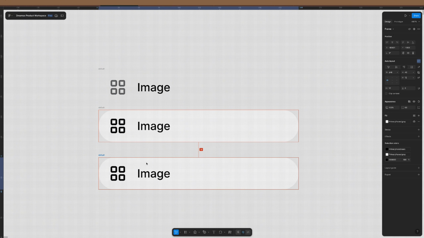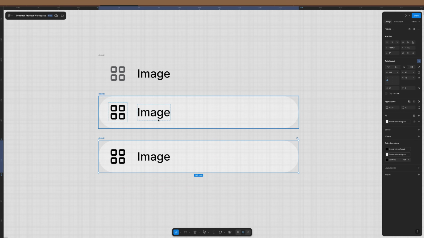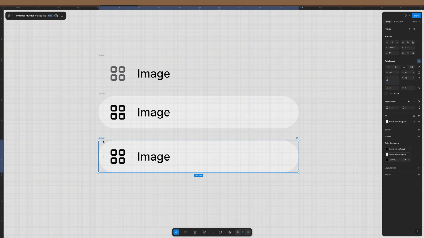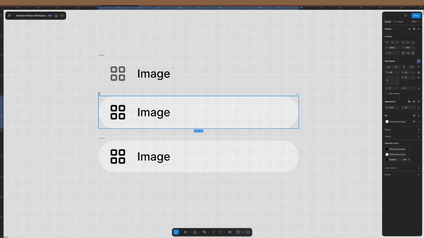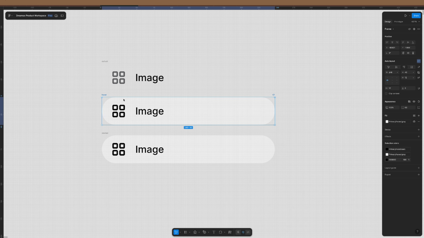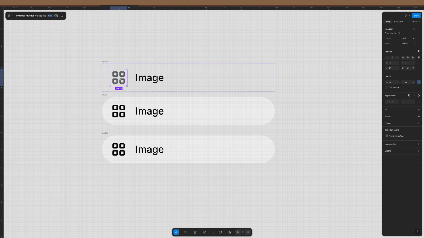This is the hover state. All right. And the last one is going to be the selected state. This is hover, this is selected. You can name them now so that when you create the component set, you don't need to rename them again. So this is hover, and for the hover, we could still,